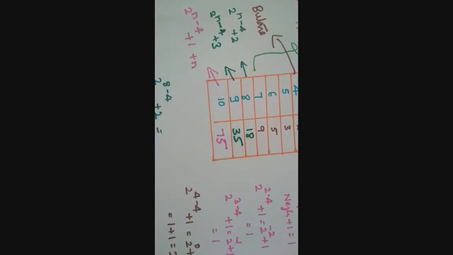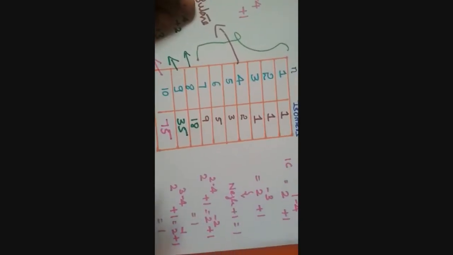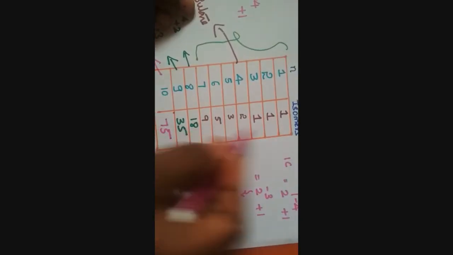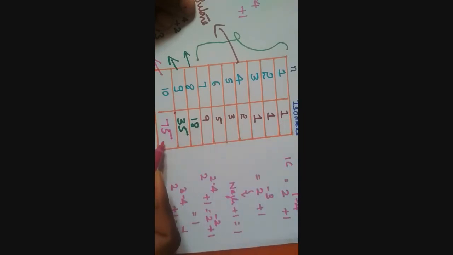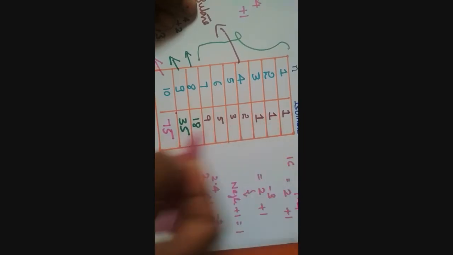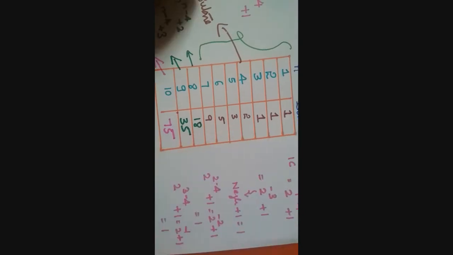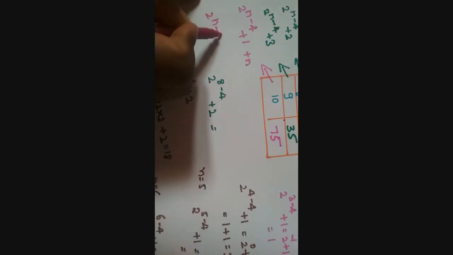Or another trick is there: you can sum all these values for 9. You can sum the 1, this 1 to this, you can substitute. You are getting 75. This is the total formula for the 10 carbon atom. It is the sum of 2 to the power of n minus 4 plus 1, 2 to the power of n minus 4 plus 2, and 2 to the power of n minus 4 plus 3. It gives the value 75.